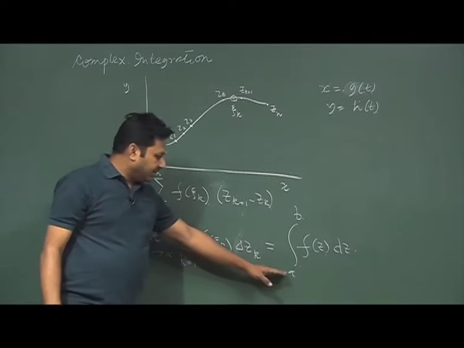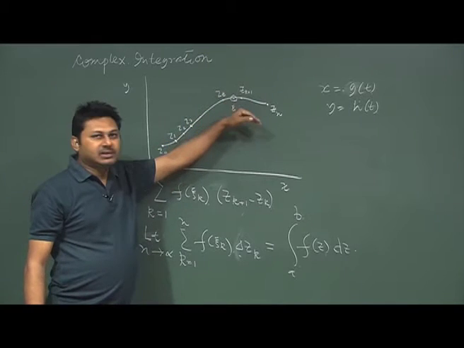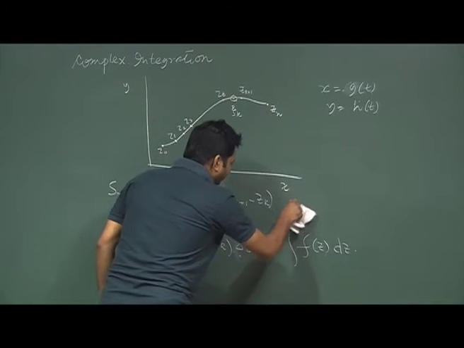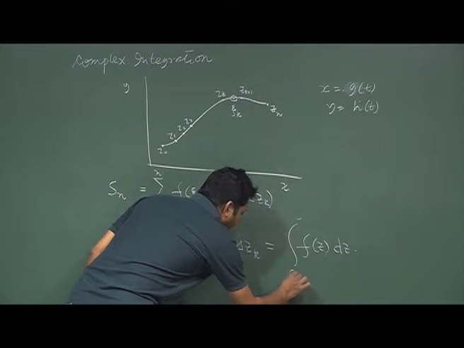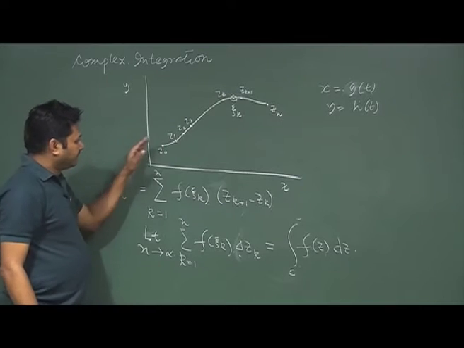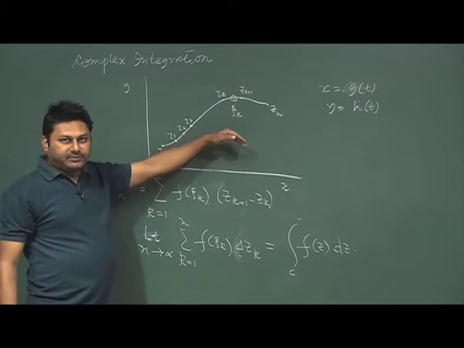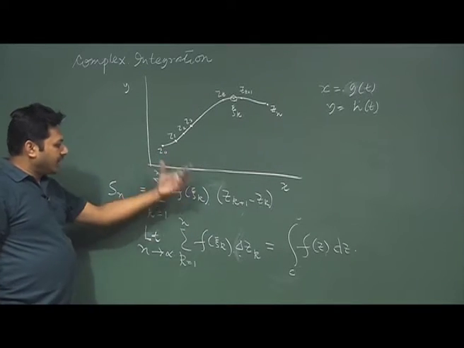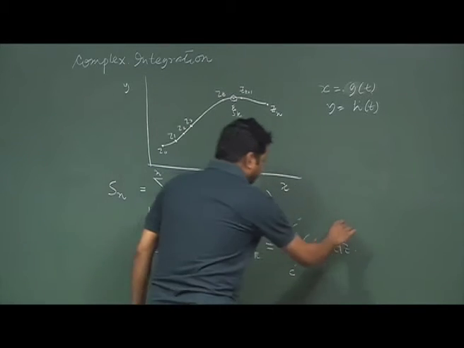So, this is over some line, because I am taking the integration like this. Instead of putting initial to final, I should write it is over some line C, like this. If the line is different, obviously this value is going to change and I will have something different. This is called the line integration, by the way.